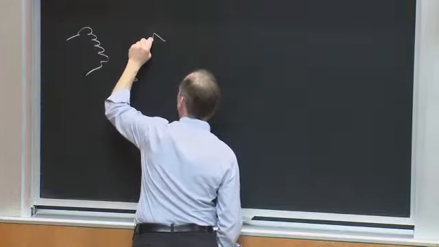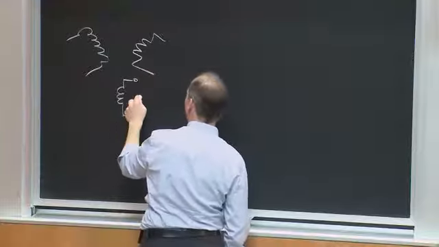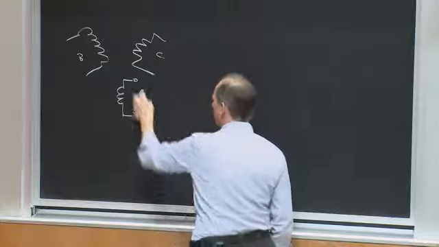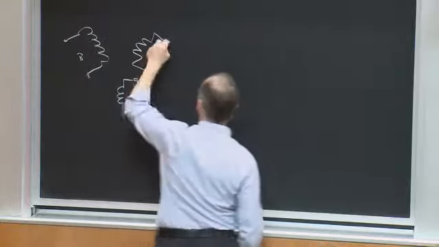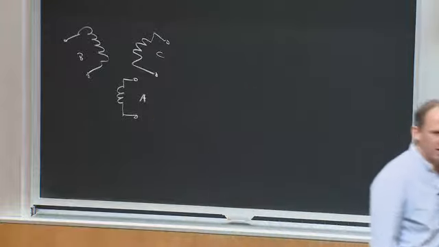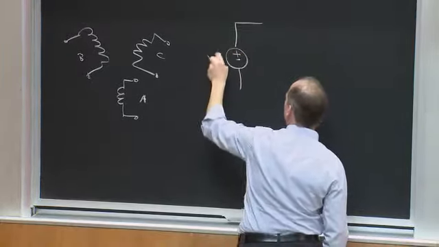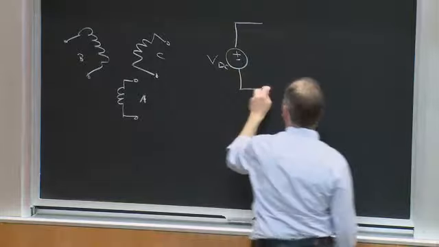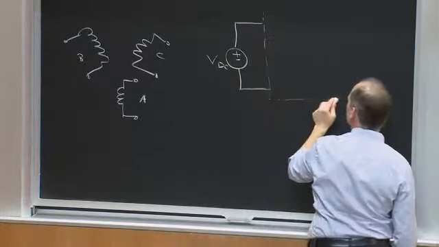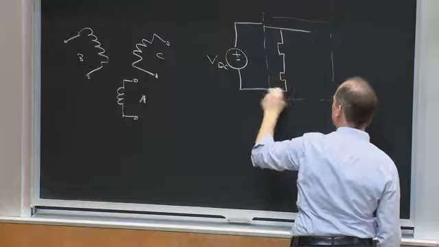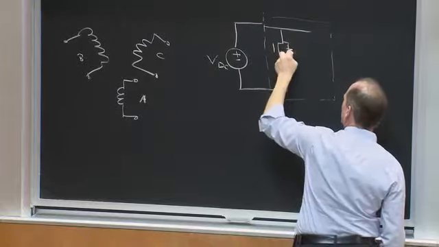maybe I would have something where I had a phase A and a phase B and a phase C, and each of them have a pair of terminals, and I say, okay, I can go build a three-phase inverter basically by building three single-phase inverters, right? So maybe I come in from my DC bus, VDC, right? And I could come in and say, okay, let me just build a single-phase inverter, which would be, say, 4 power MOSFETs,